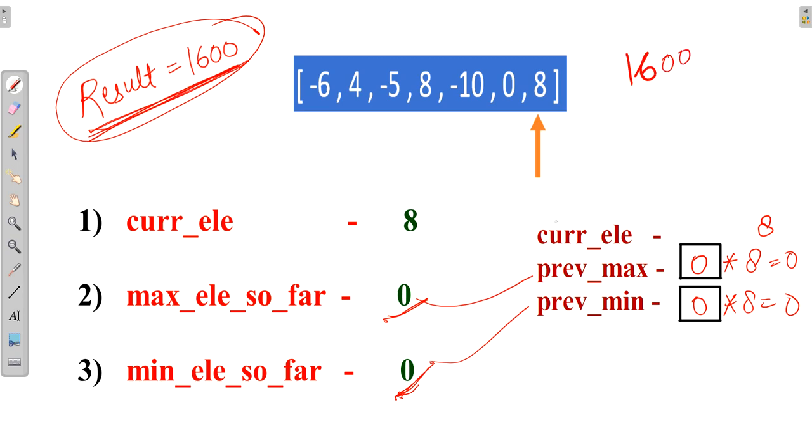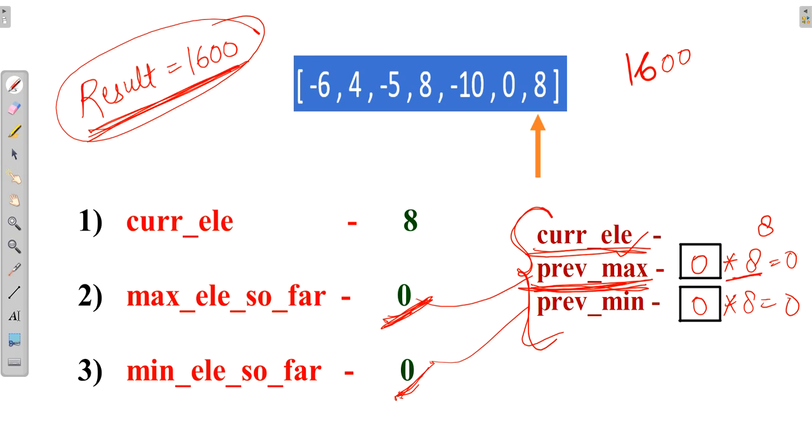So here there are three key points to be kept in mind. First, the current element, because for calculating maximum element so far, we needed three elements to be compared. Whichever is maximum, whether it is the current element which we come through iteration, the previous maximum element, or the previous minimum element, we will multiply.